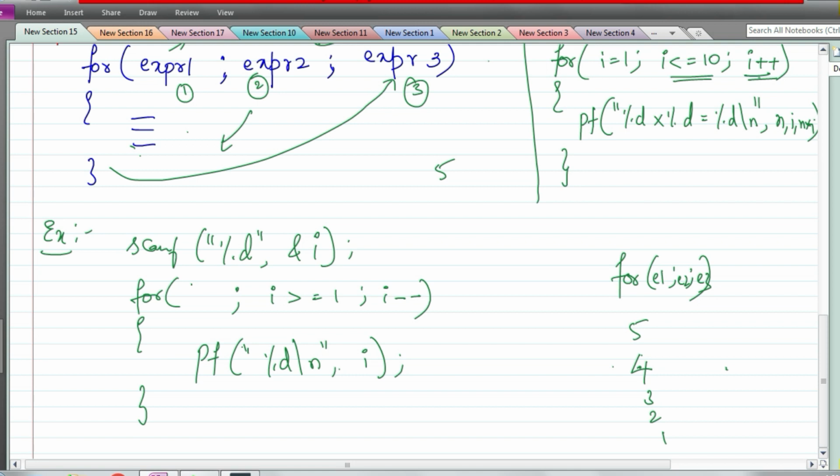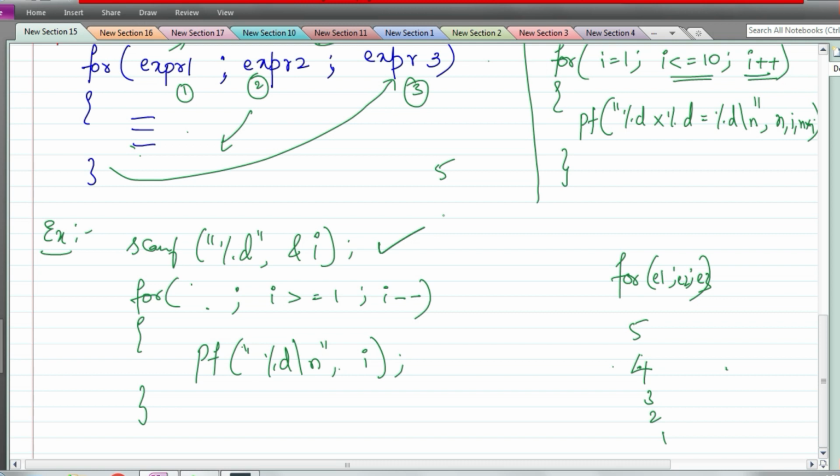A while loop will be used whenever the initialization you are getting from the user, or you are taking it from some other calculation. So there is no initialization part as part of the statement. In such a case, we do the initialization before itself and then we write the condition. There you can use while. And again, when the next set of instructions to execute depends on the user input, then also you need while, because accordingly you can modify the condition or the modification part, or the increment or decrement part. So that is in case of while.